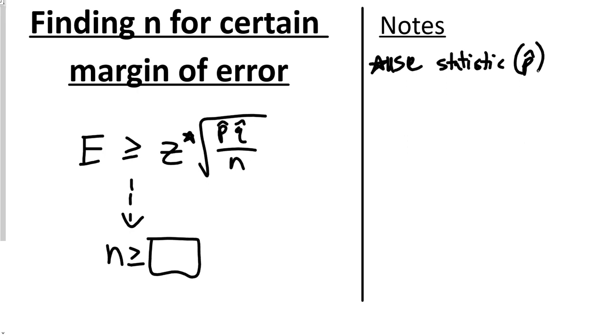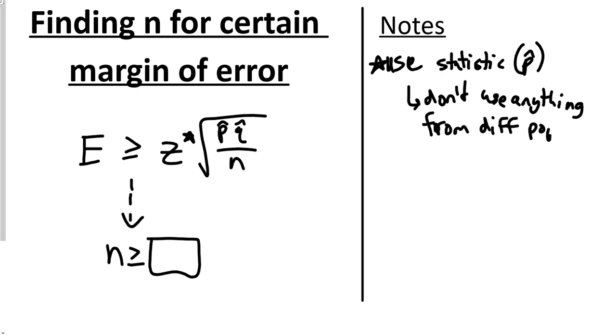Sometimes we might not have p hat, so don't use anything from a different proportion. Sorry, population. Don't use anything from a different population. I'll make note of that here. I can't write today. But I will make note, if you don't know the information, if the information is unknown,